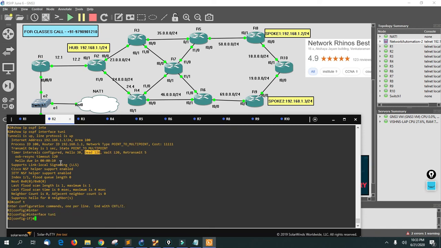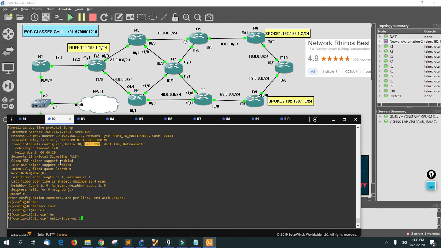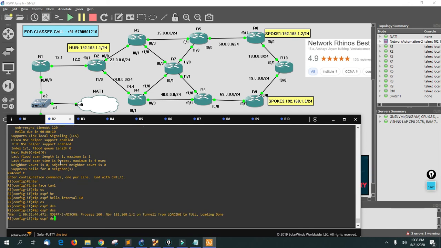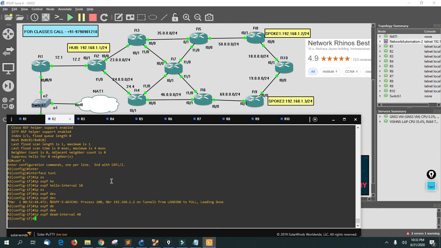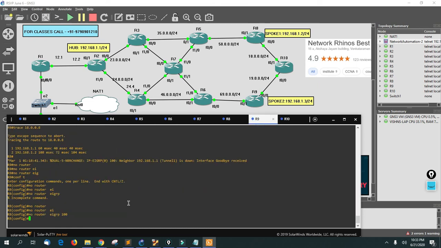Interface tunnel 1, IP OSPF hello interval is 10. IP OSPF dead interval is 40. That's good. Now we are good to go. Now let me go to R9 and complete the configuration.